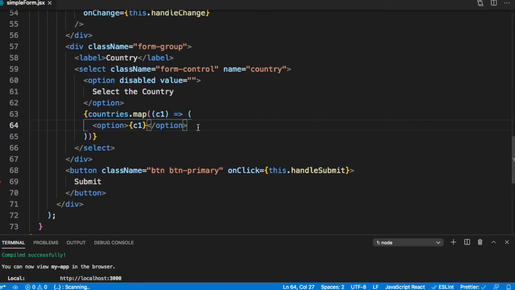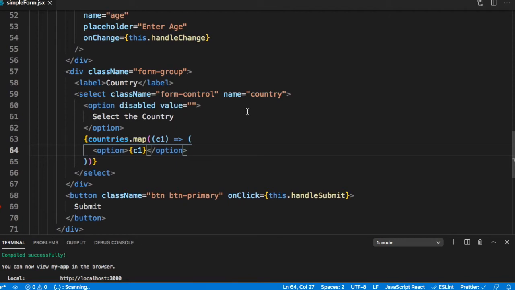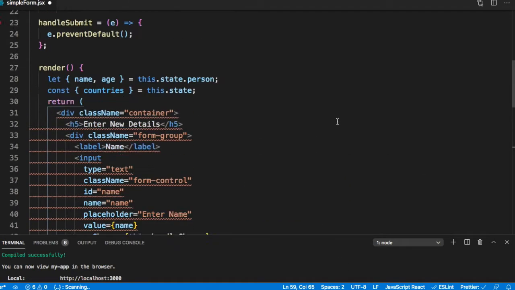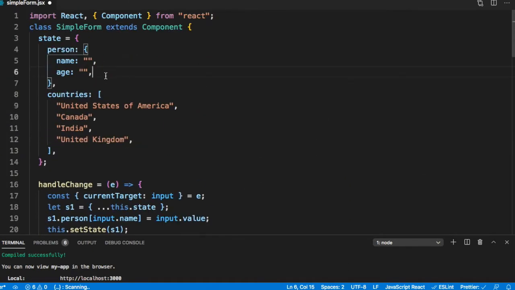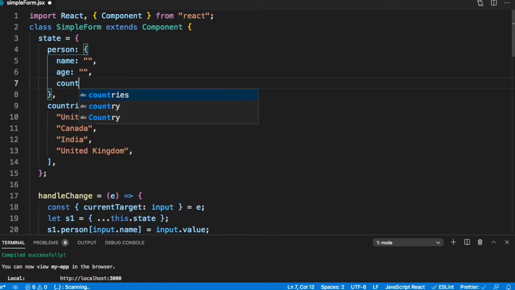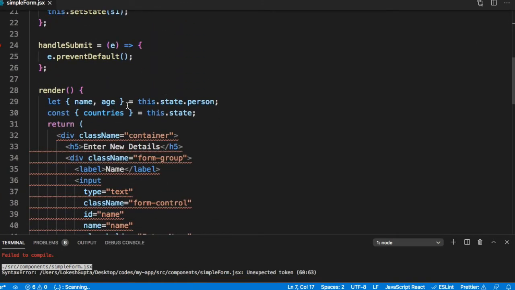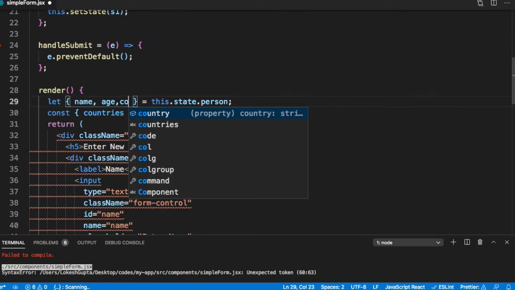Once we have done that, let's link the other fields here like we did for the text fields in the previous lesson. So we have name, and we would have a value. Let's go to our JSON here and add a field country, which is the country that the user would select. And let's destructure country also.